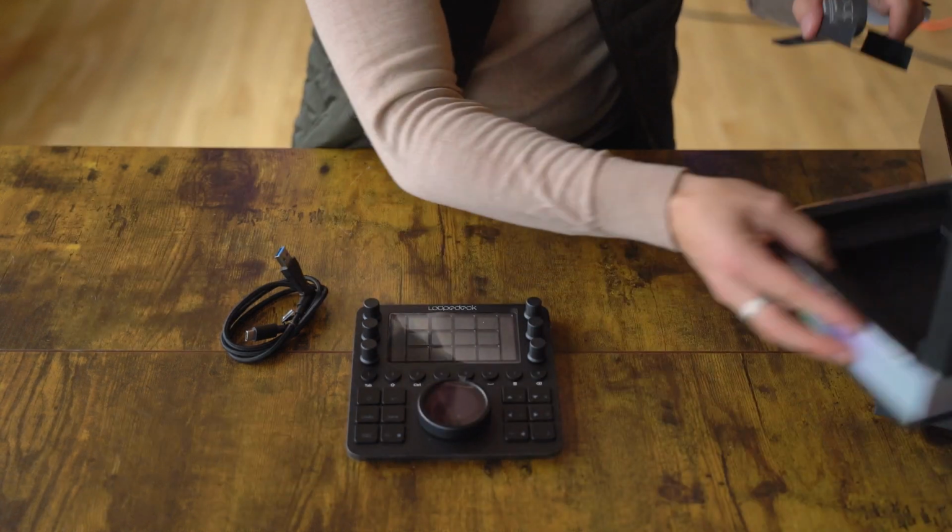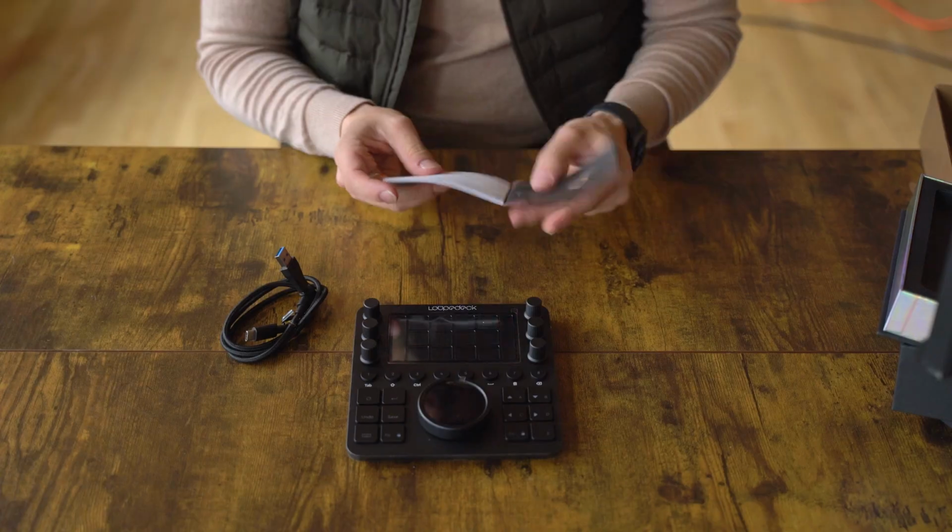So that's all. I do believe that this only connects via cord, which, I would hope that in the future these products would connect via Bluetooth like the Wacom tablets do, but maybe I'm wrong. Maybe they've updated it and this one actually does connect that way. So we'll have to go into that a little bit more in our in-depth review of the product,